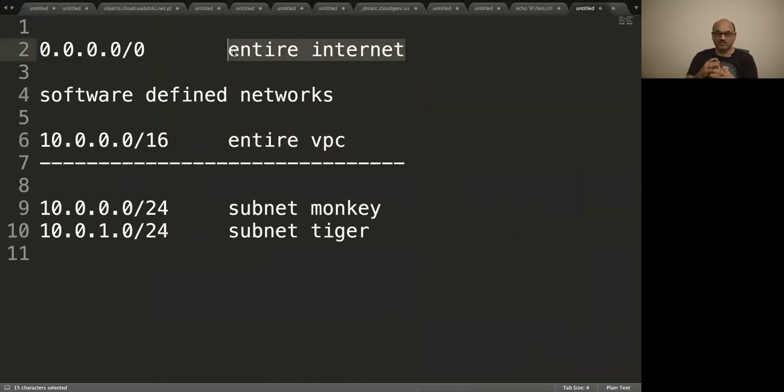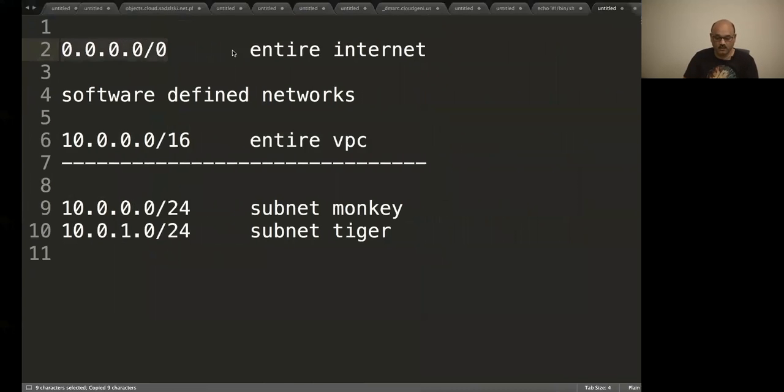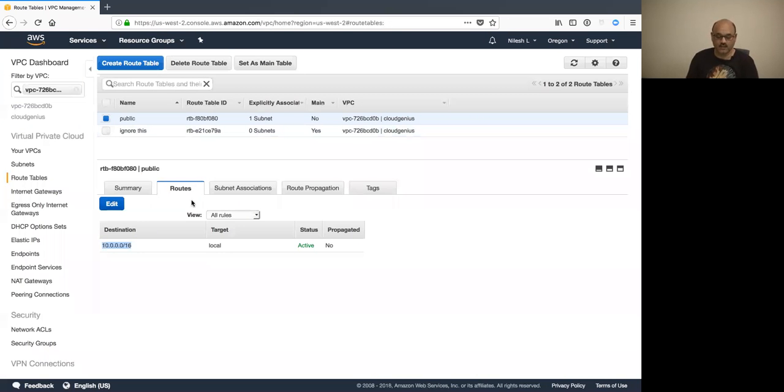So we want to expand our table. We want to create one more entry that allows people, or rather machines, like the machines on the public subnet, to go to anywhere on the internet. So I will edit this table and say, add another route, like that. And here I will say, go anywhere you want on the internet,